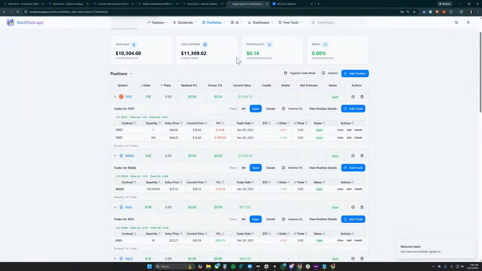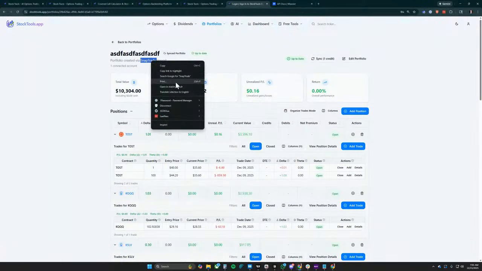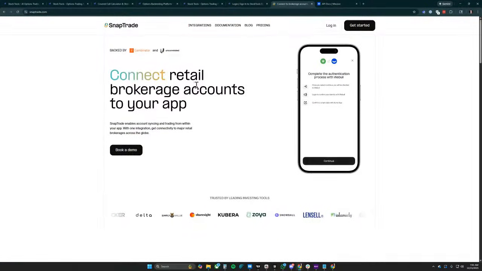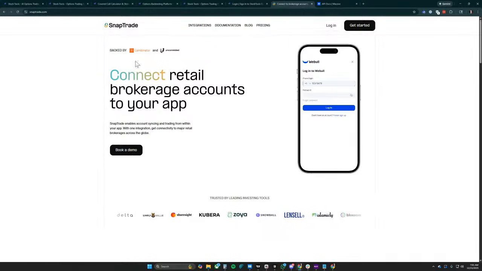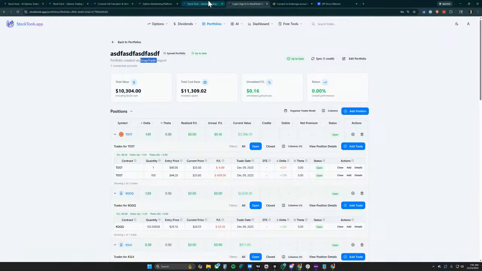But the idea is similar here. You can find all your contracts and manage all of your stuff here. I'm working with a company called SnapTrade. If you ever used Plaid to connect to your finance accounts, like Robinhood or whoever, SnapTrade does that too, and I can pull all your trades and also place trades as well. So I'm working through that right now.